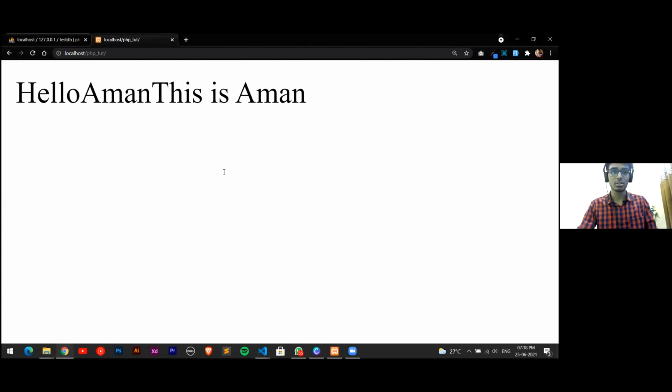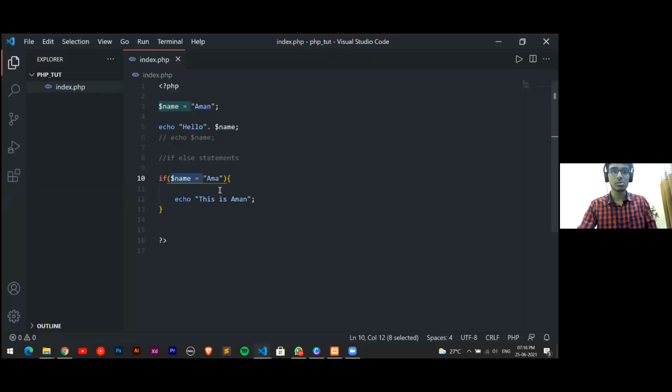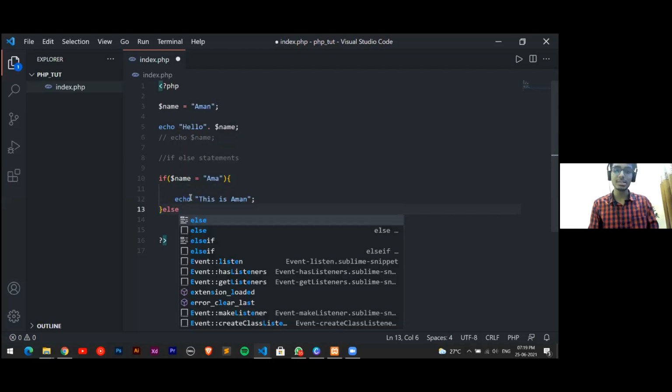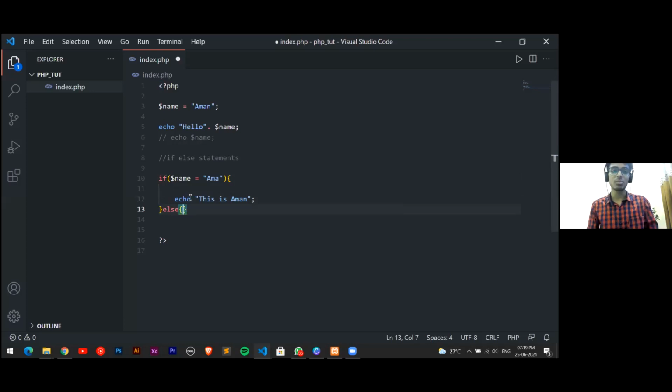So basically this is the condition over here which we need to check for each and everything. And if the condition is not true, then we will run other code. Otherwise, we have an else statement. So for this, we'll have an else and write what we want to run. There wasn't an else statement over here, that's why it was showing me that.